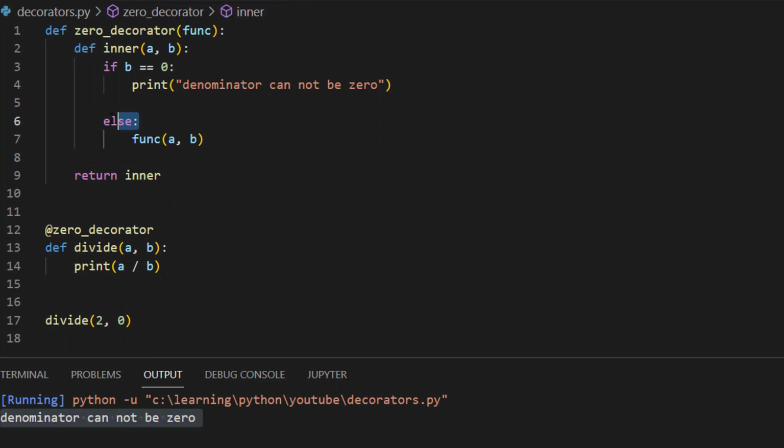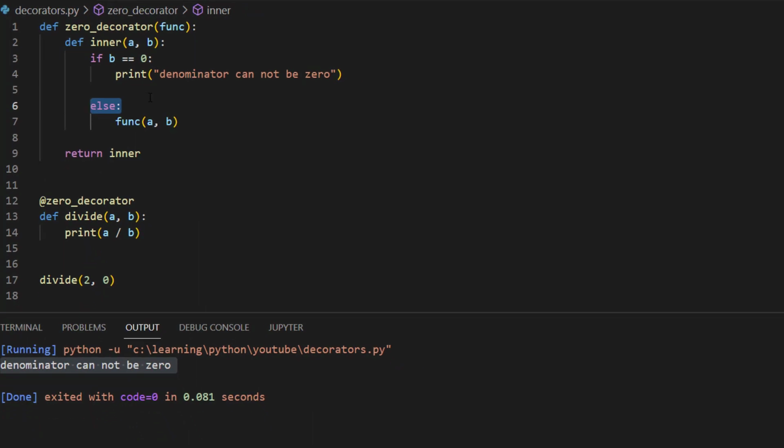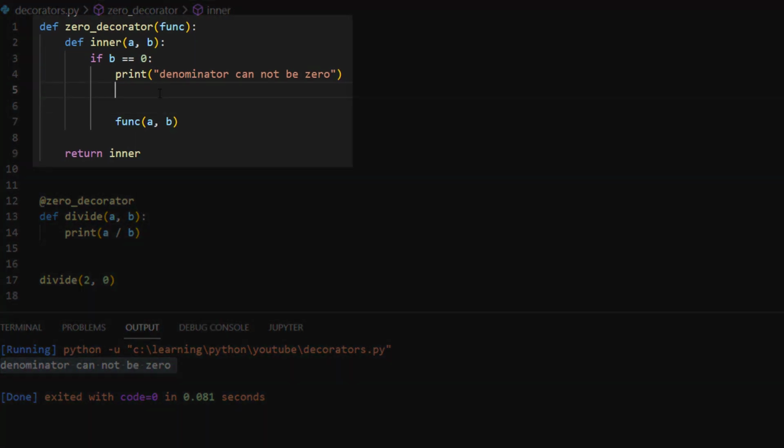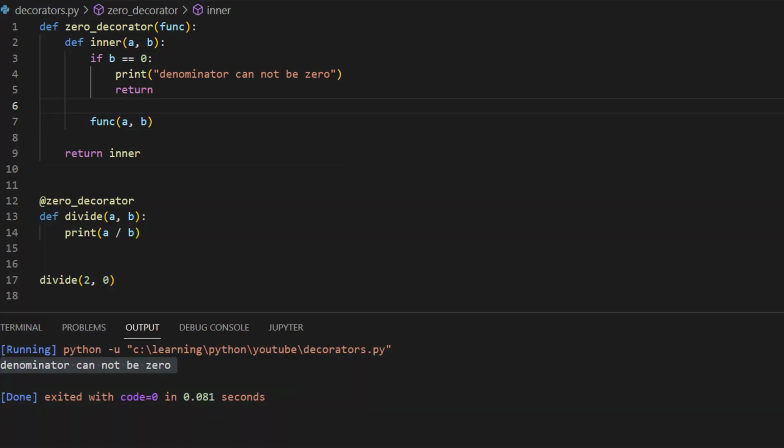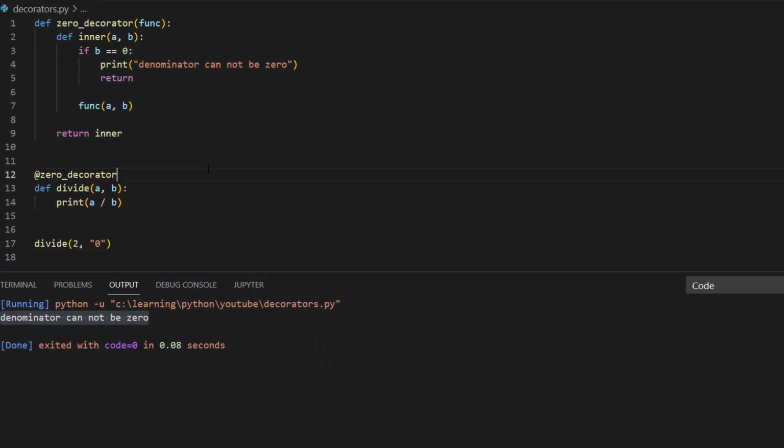Now instead of doing this thing, what you can do is return it. So you do not have to write your else block, and this is a simple kind of refactoring you can use in your code. So it should give you the same result. Denominator cannot be 0. Now consider one more example, what if we pass something like this one,